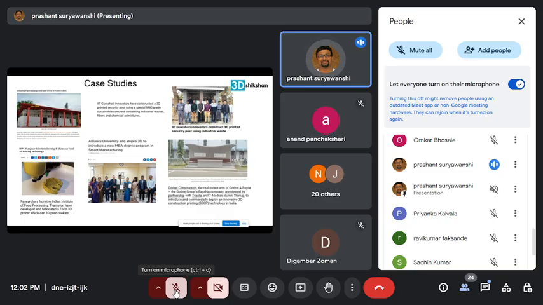So you can see here this Alliance University and Wipro 3D is a big name in 3D printing. They have now started an MBA program in smart manufacturing. You may be surprised why an MBA is doing smart manufacturing, but as I said, there is a wide skill gap, and that's where we have to fill that gap. Not necessarily everybody should go on the machines for 3D printing, but in smart manufacturing, the manager needs to understand where to use 3D printing technology and where not to. So that way you also have to understand the skill set of the students and you can guide them.